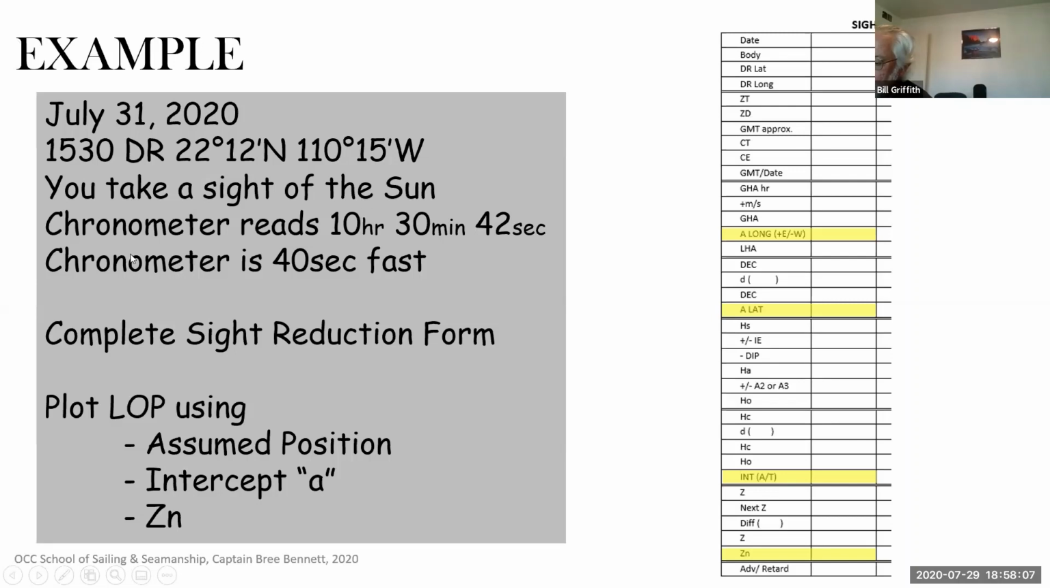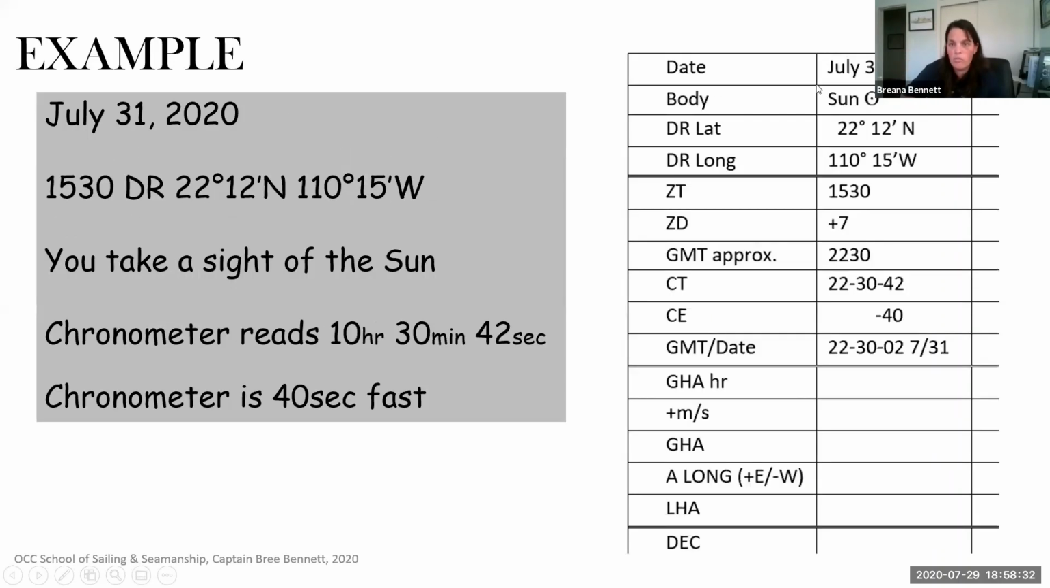Okay, so our example is July 31st, 2020. We have a DR and we take a site of the sun, has a chronometer time and a chronometer error. Let's complete the site reduction form. So this is going to be full site reduction form. So first we start with what we know. We have our date, our body, our DR, our zone time,